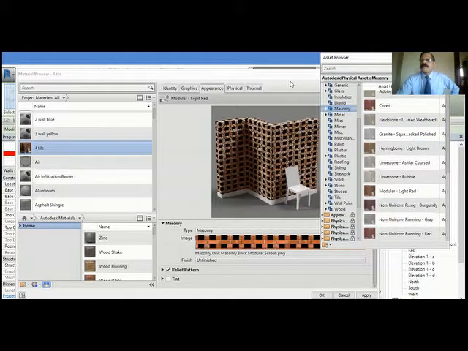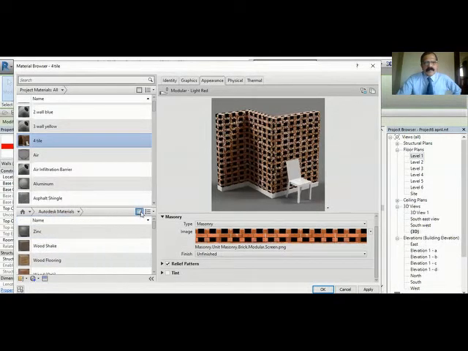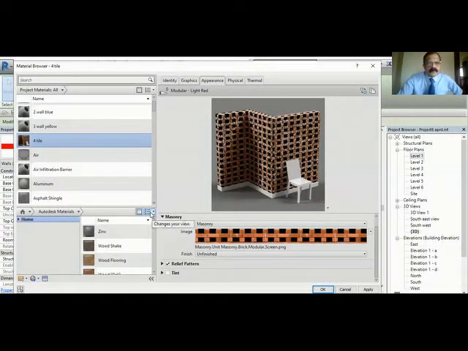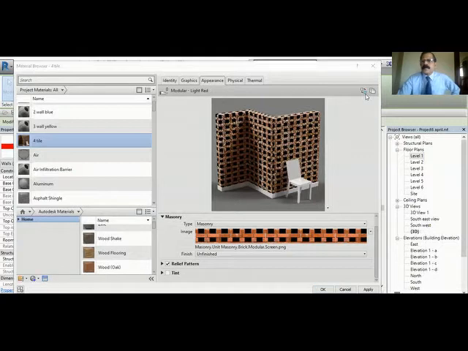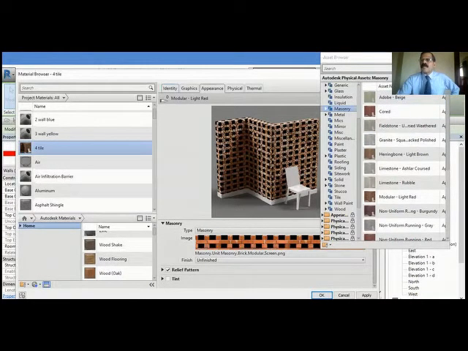You click this button, asset browser, or click here. From there you can select which one, double click, and automatically that comes here. Now you can change the scale and adjust it if you want.